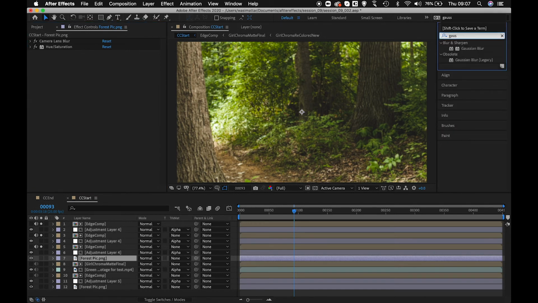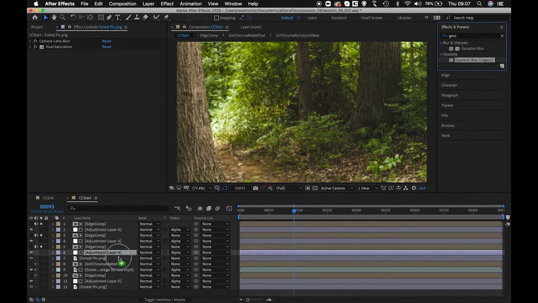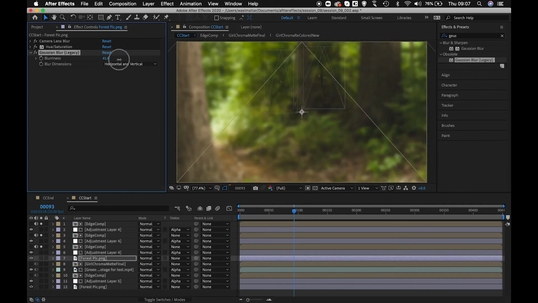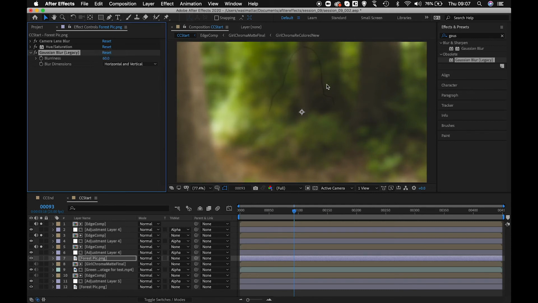So I'll go to Gaussian blur and I'll just add it over here, and I'll just increase the value a lot. So I'll press shift and I'll just drag this so that we get something like this, just a blend of color. Okay, don't worry about this edge which is happening right now, because any which way we'll be matting it.